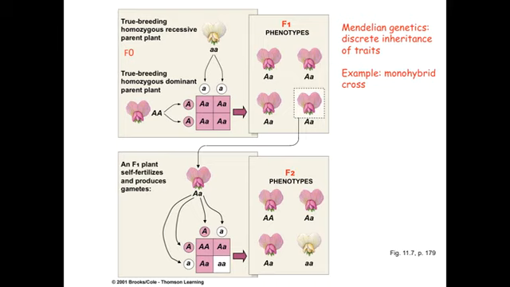So if you look on the right here of the slide, you'll see that we have 1 homozygous dominant, 2 heterozygous individuals, and 1 individual that is homozygous recessive. So this gives us a 1-to-2-to-1 genotypic ratio. And if we look at the phenotypes, you'll see 3 pink, 1 white, a 3-to-1 phenotypic ratio. And by now you're probably saying, yeah, Dr. Gilbert, I remember this well. But that's good. I want you to.